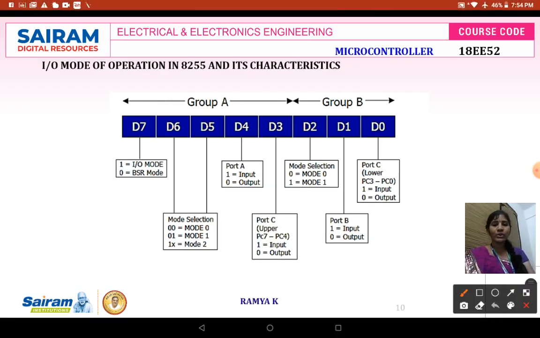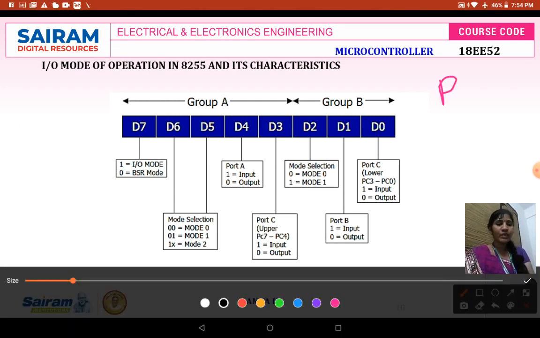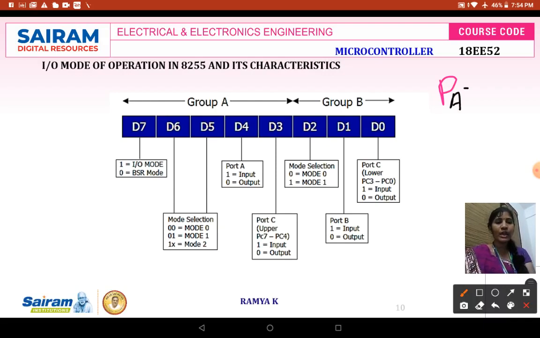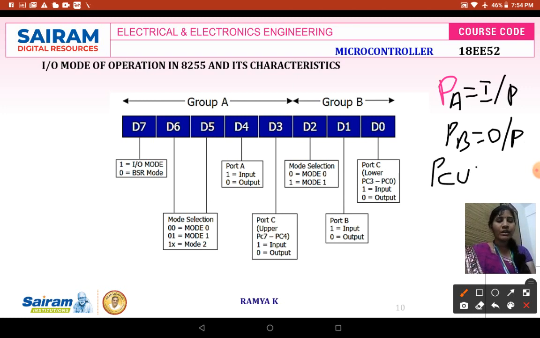If I wanted to use my port A, consider I wanted to use my port A as input port, port B as output port, port C upper as an input port, and port C lower also as an input port.